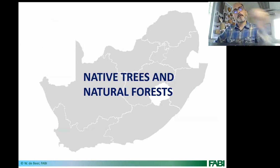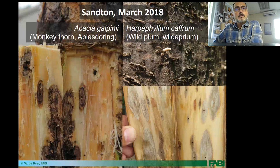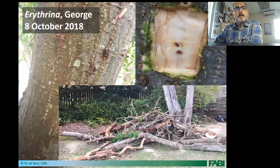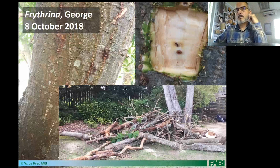Then in terms of the native trees, this is my biggest concern. All the other trees can be replanted with something else. The problem is the beetle also goes for several different native tree species. You've seen these pictures before. Some of the acacia species are very susceptible. Erythrina, several of them are very susceptible, but now remember, most of the native trees that we plant are planted